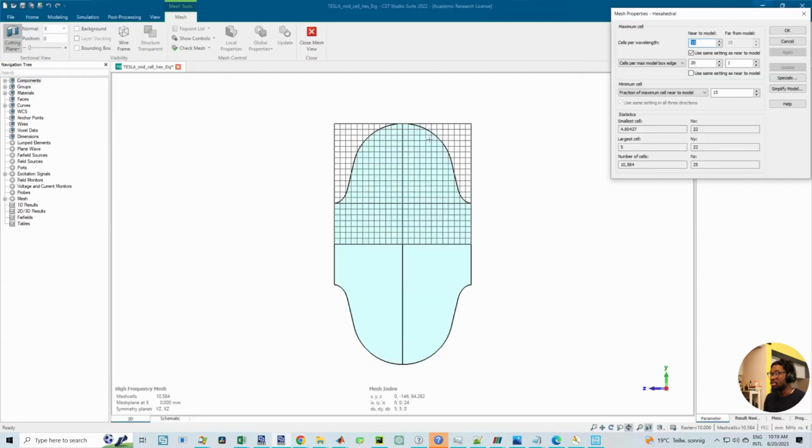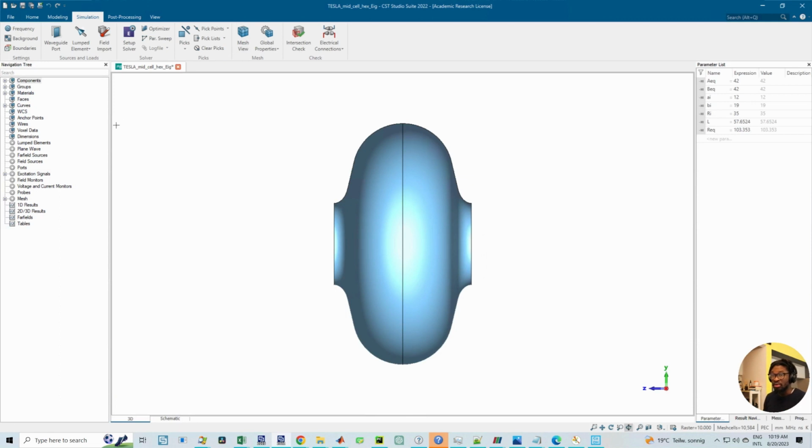So because of that, it's very important to have highly refined mesh around the equator region, because we already know where multipacting is likely to occur. To do that, instead of refining the entire mesh, I would do a local refinement, and for that I would